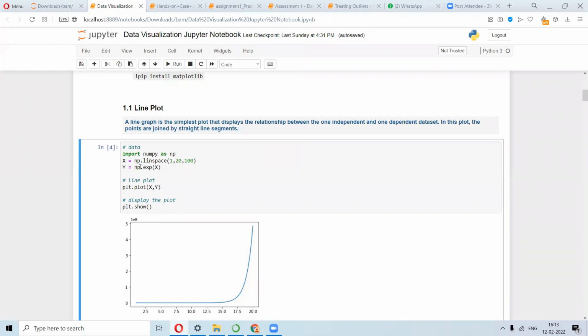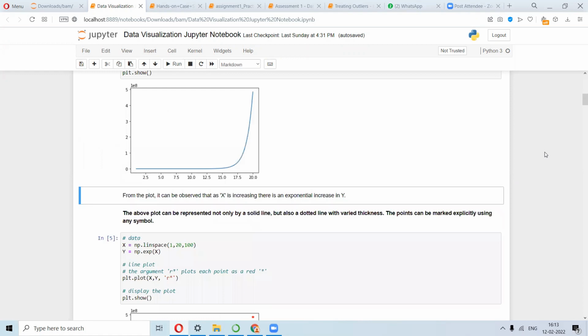So we are using NumPy, np dot all this, and then we are plotting this using the function plt.plot(x, y), and then plt.show(), which will give you this result, and you can see that this gives you an exponential curve where the values start from around 1 to 20. Okay, so let's just move on further.